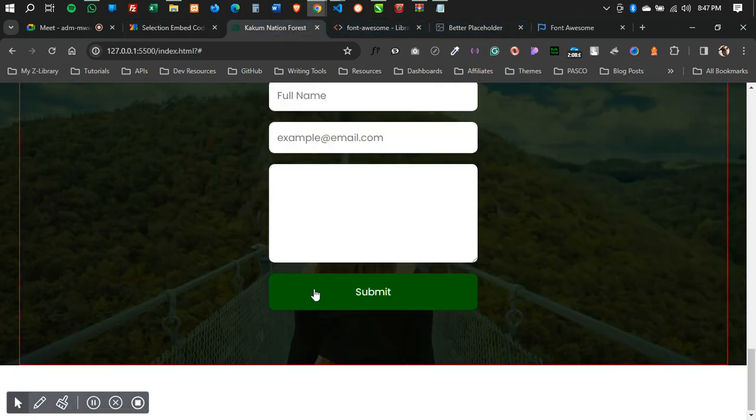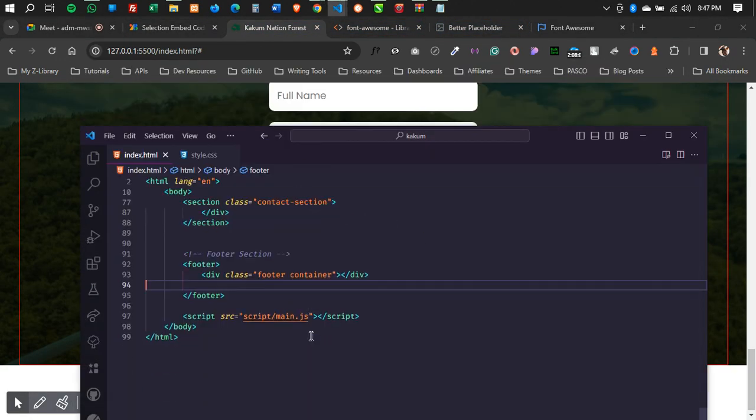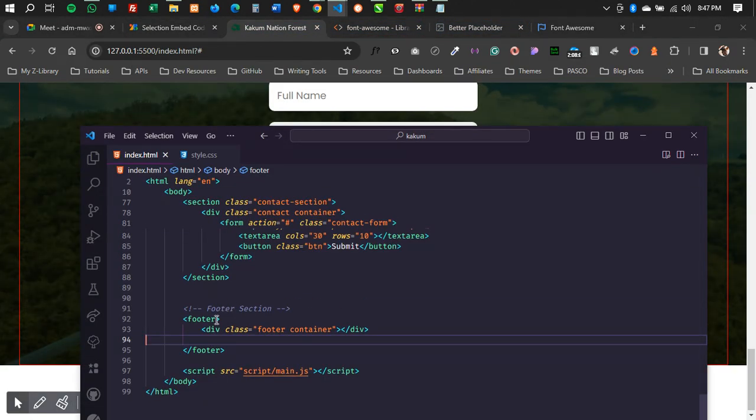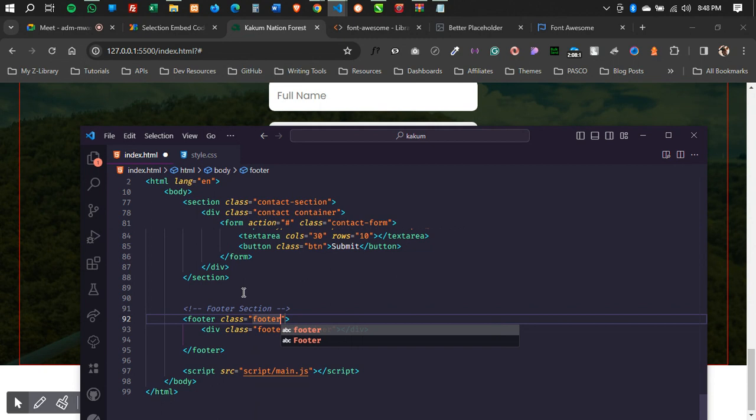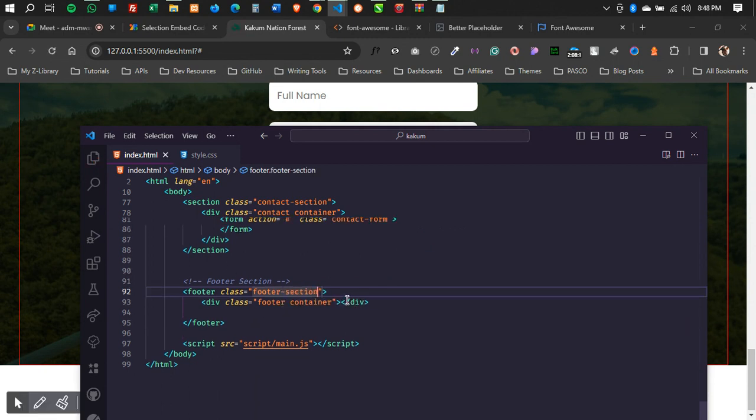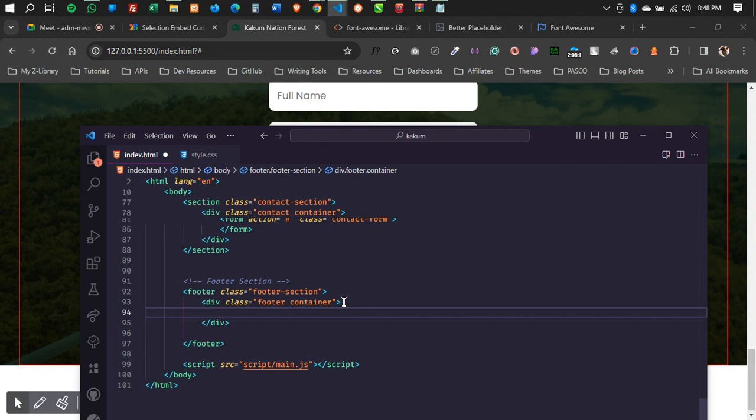Where was I? I was here. Footer container. Then I'll come back here and say footer. Sorry, class. Footer section. And then in my footer container, I'm going to